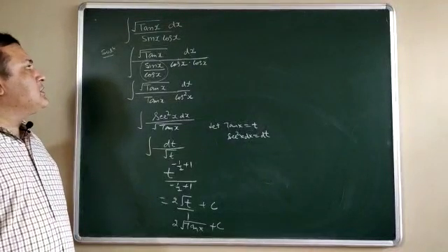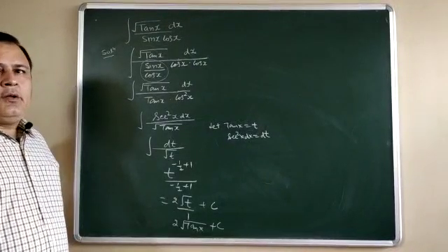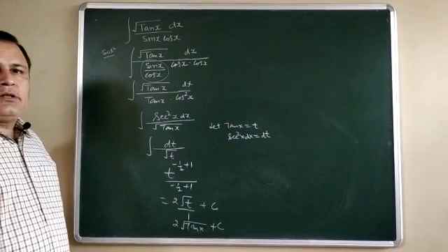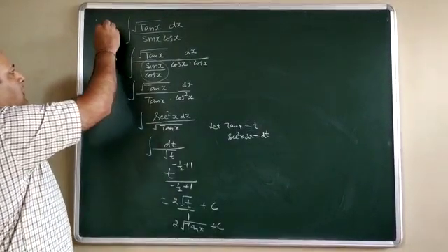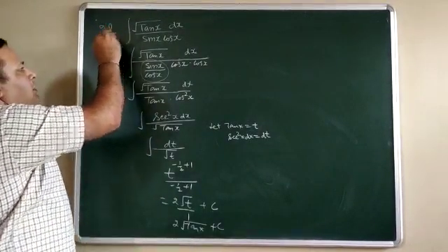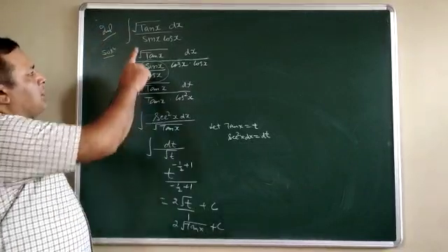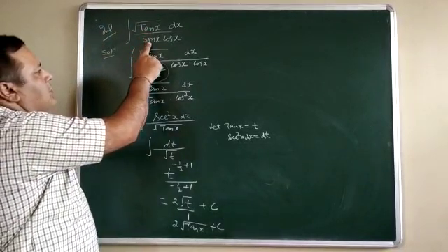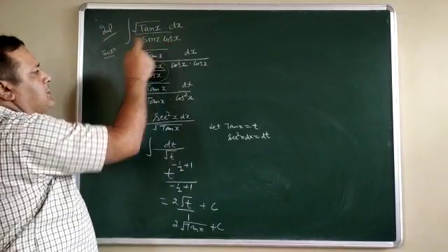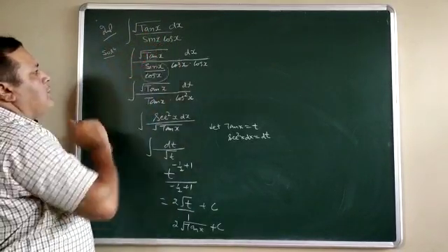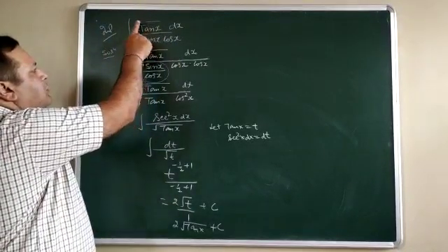Today we shall discuss one more important question based on the integration by substitution method. See, this question is important from the exam point of view. Integral of 1 upon under root tangent x upon sin x and cos x. See, sin and cos are in the form of multiplication and it is under root tangent.